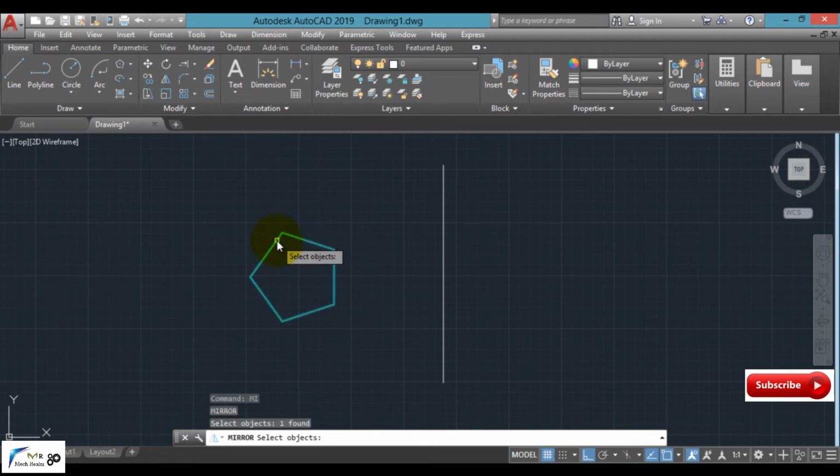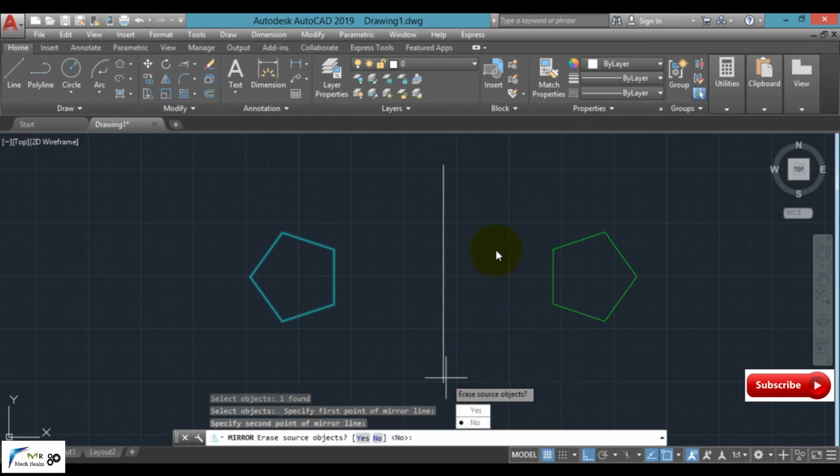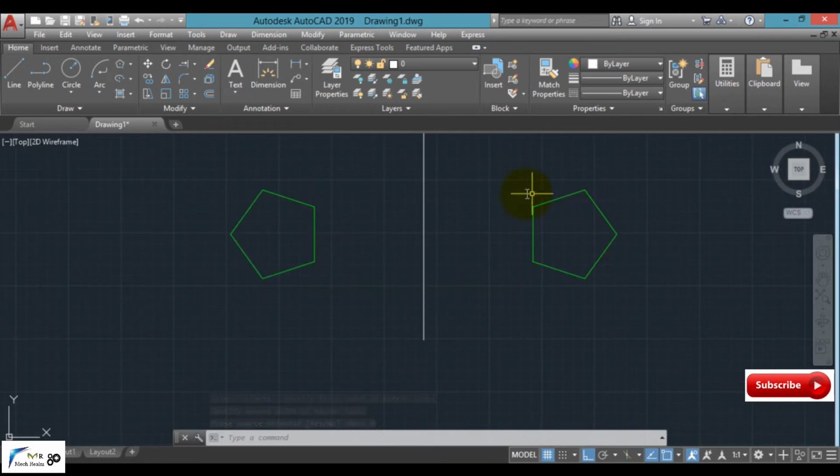Select the object which we have to mirror, press enter key, select a start point of the mirror line and end point of the mirror line. On selecting it, two options are available to us, that is, whether we want to erase the source object or not. In the first case, I am going to select no. In this case, the mirrored object and the source object both are retained.